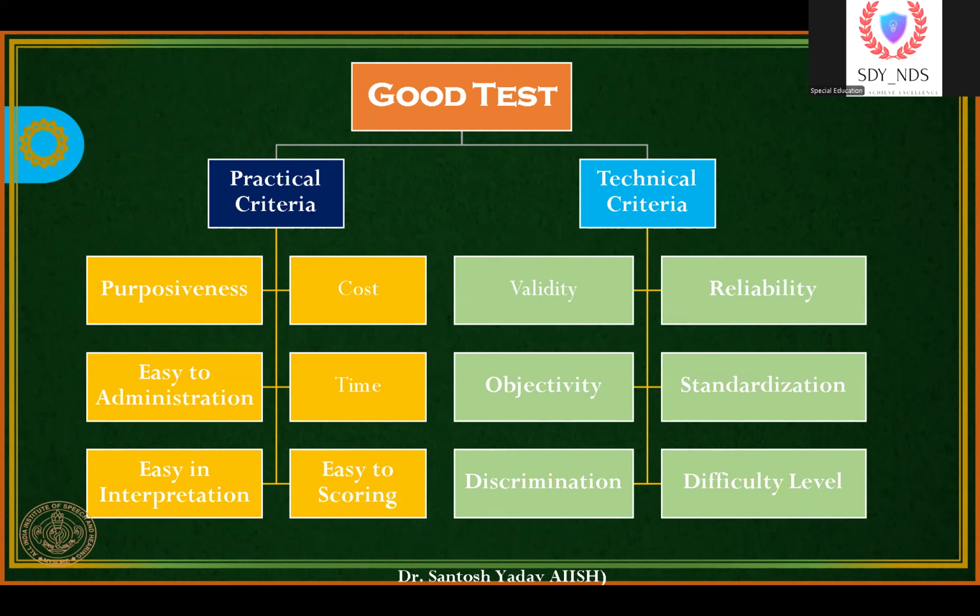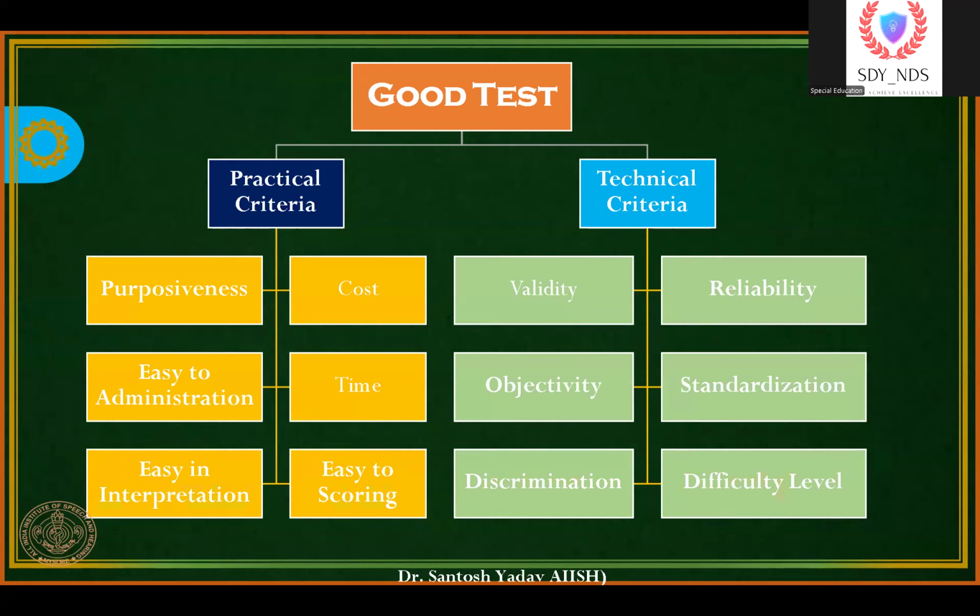the 20 or the 80 Fahrenheit. So they can measure the temperature, the height, the liquid. If everyone can measure and interpret, it means it's easy to interpret. It should also be easy to score. There is a written 3, a written 4, a written 5, so they can measure. So that's easy scoring also. These are the practical criteria.